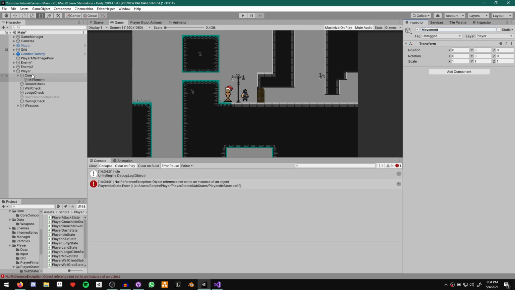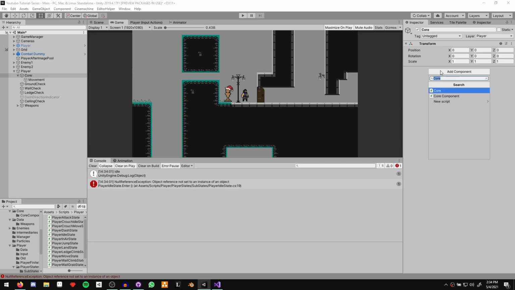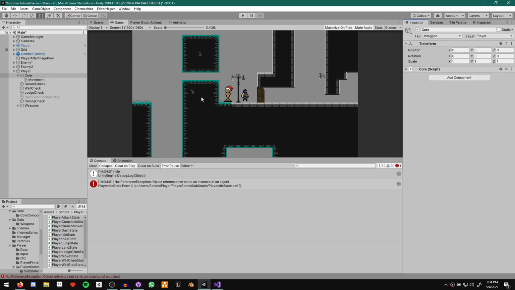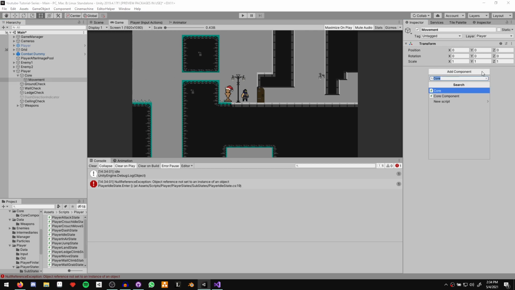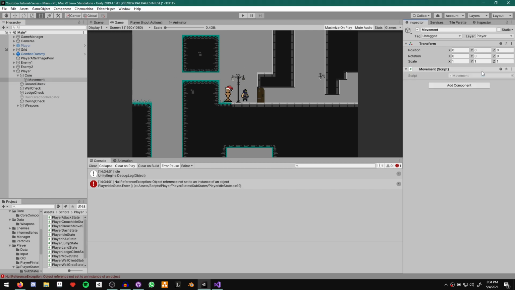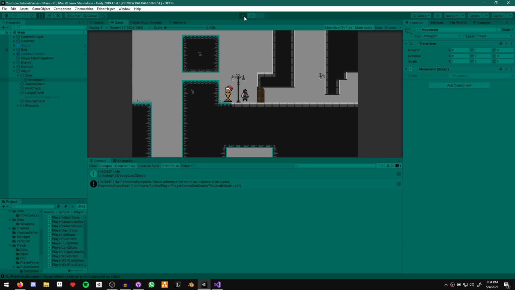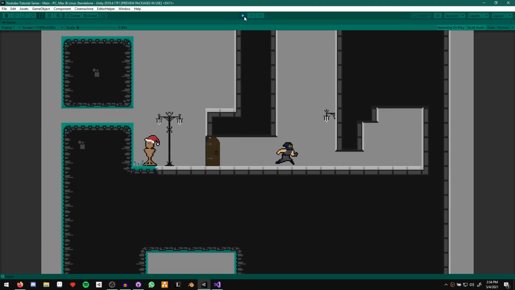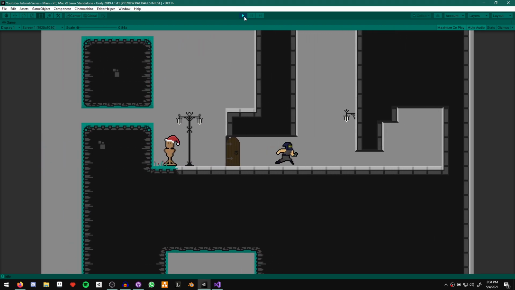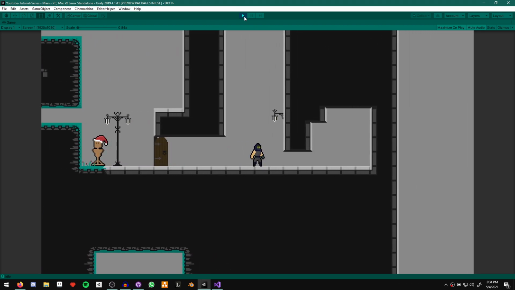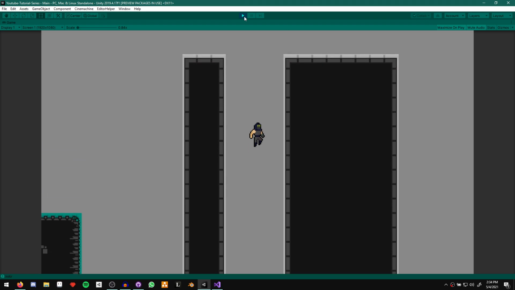Like that. Now click on core and then hit add component and just add the core. And then click on movement, add component, movement. Just like that. Now if we run the game, as you can see, we can still move left and right. Now we're gonna have an issue when we jump. And that is,